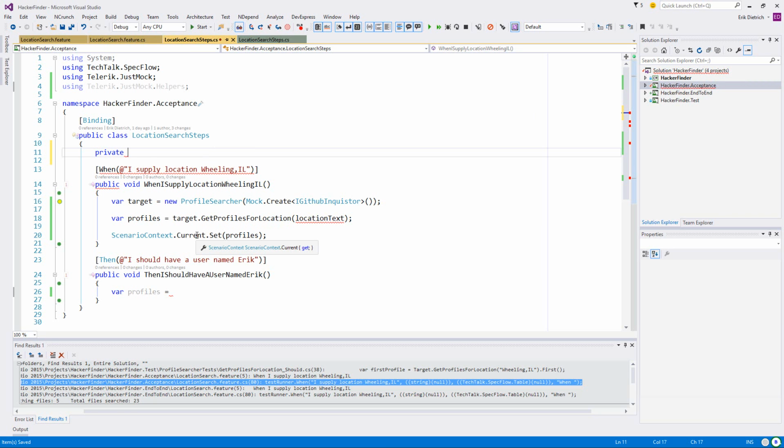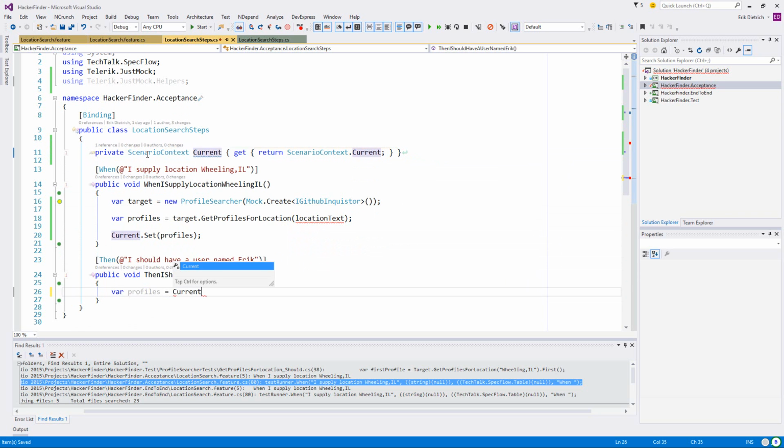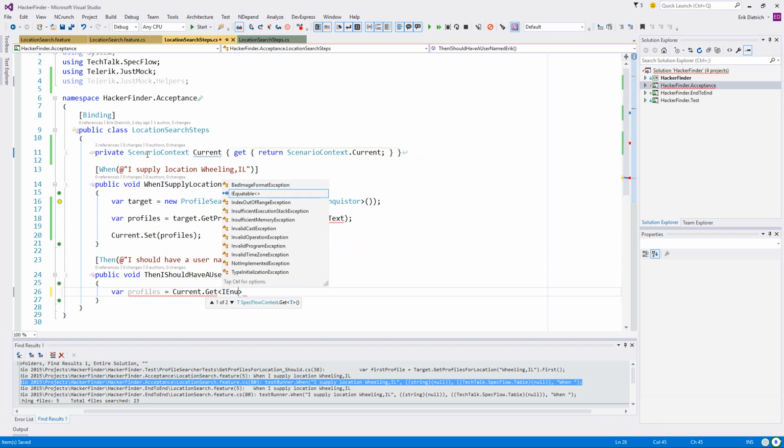Scenario context. No, I don't want to set it. I want to return scenario. Current. All right, equals current.get, and it's an IEnumerable.